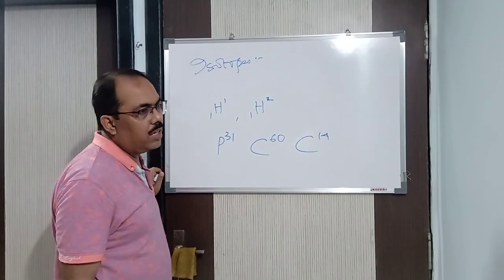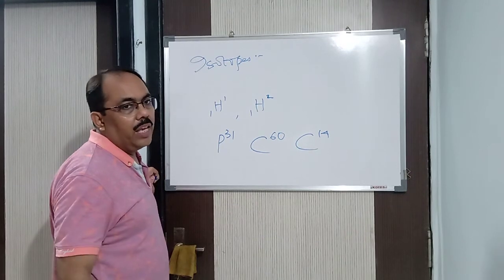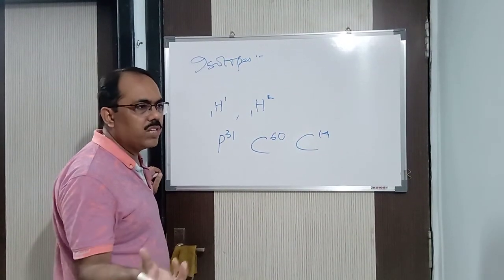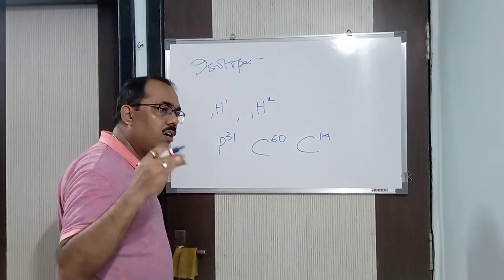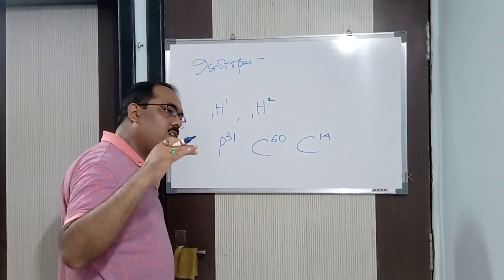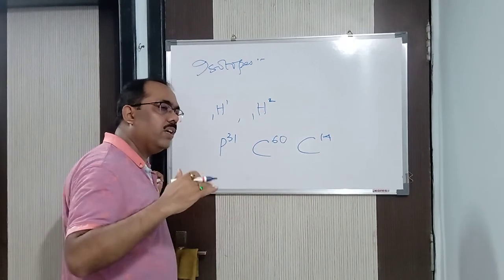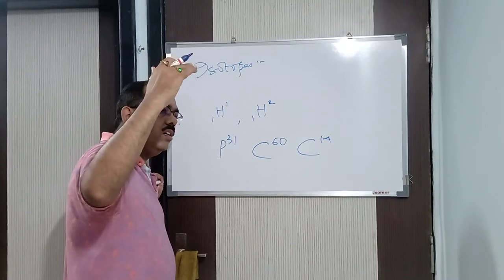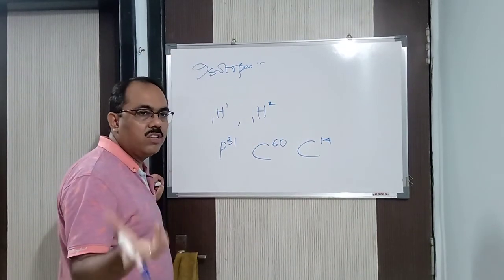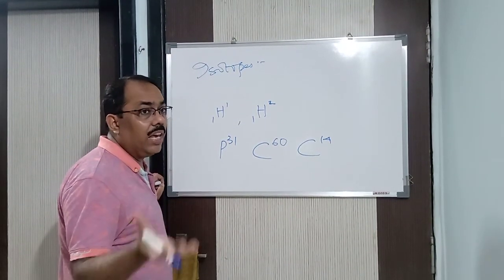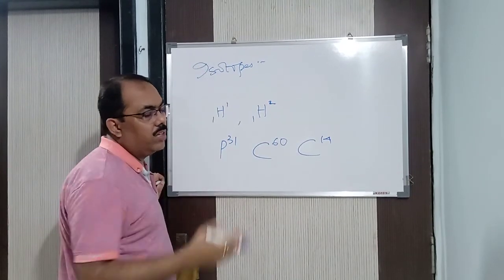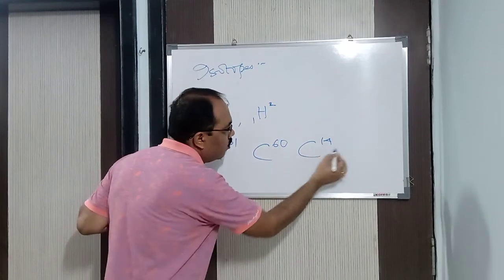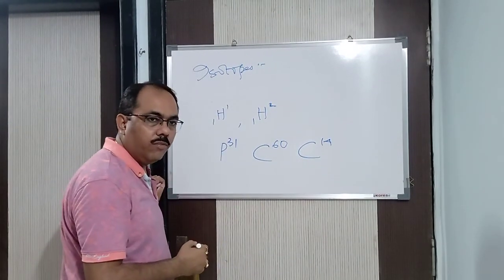Carbon 14 dating is basically used to know the age of bones. Suppose you get some bones from an archaeological site, any bones, animal bone or human bone. How do we know the age of that particular bone, whether it existed 200,000 years or 3,000 years ago? Like now we are getting fossils of dinosaurs, and we find out the age of the dinosaurs, that they lived so many thousand years ago. How do we come to know? From C14 dating, carbon 14 dating, we come to know.